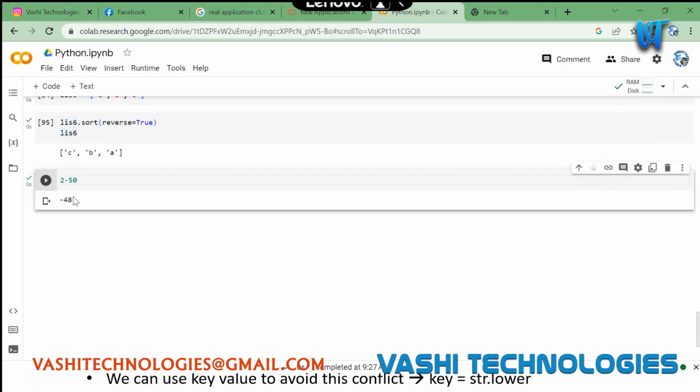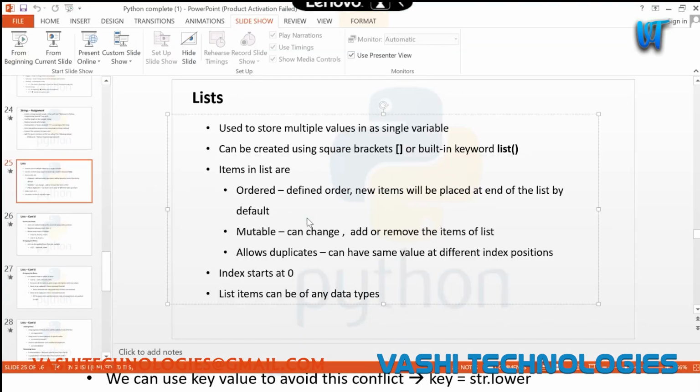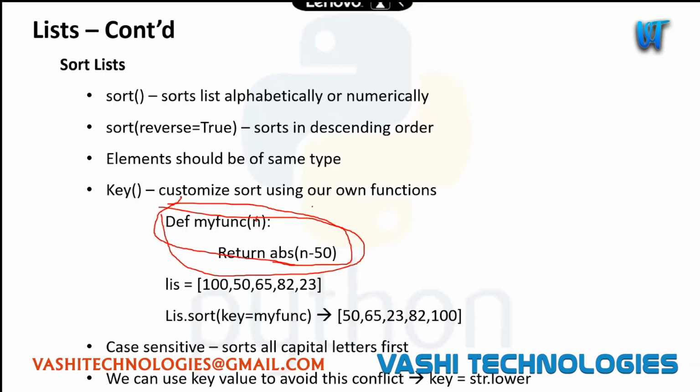So 2 minus 50 is minus 48, right? So this will give us the absolute value, which will normalize the signs. It may be positive or it may be negative. When we use absolute, it will just make the value positive. What we are doing here is taking a number, subtracting it from 50, and returning the absolute value of the result